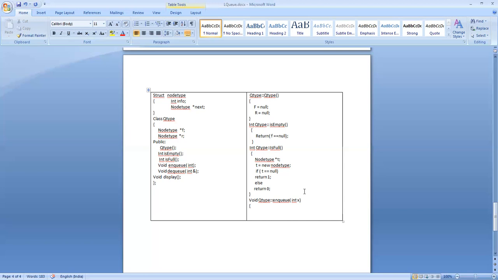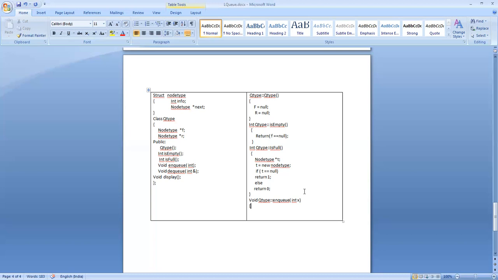Then you make the rear next point to the new node. After making it point, the rear will advance from the current node to the new node. Then you set the rear node next as null. Always the rear next will be pointing to null. So these are the things we are going to do now.